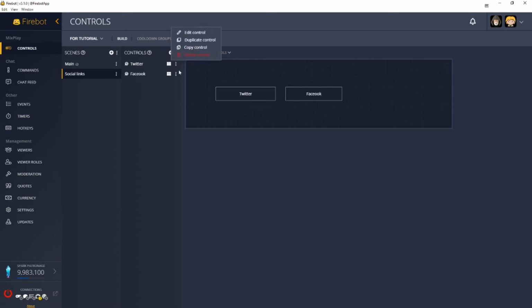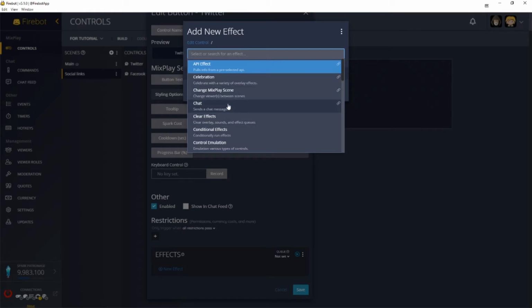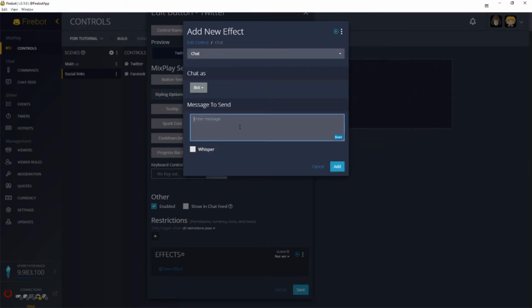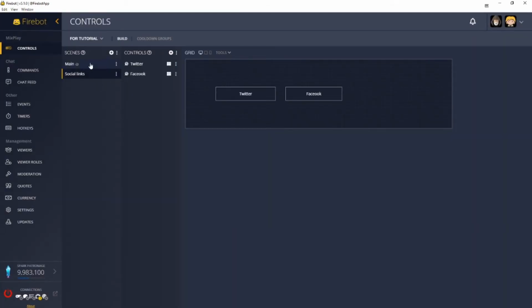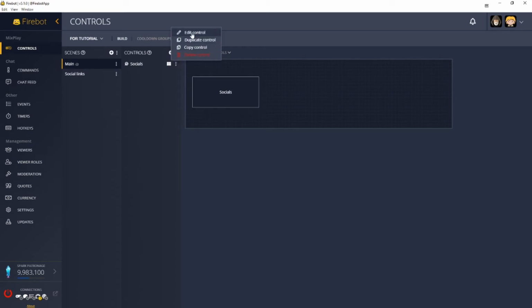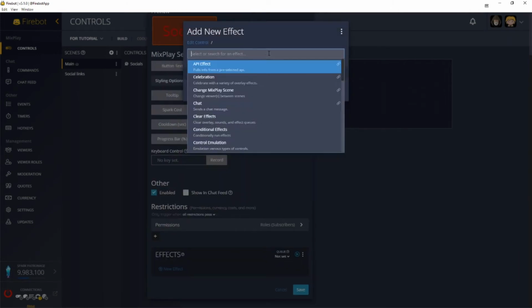Now with the social links, you can edit control, go all the way down, new effect, send to chat, and then put your Twitter URL. Here we pick Kenobi, add, save. So now we go back to the main, go to the socials, edit control, go down, new effect, and select